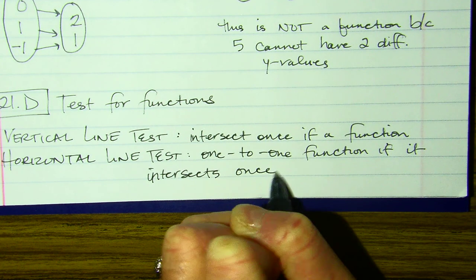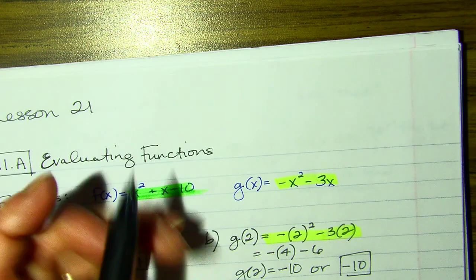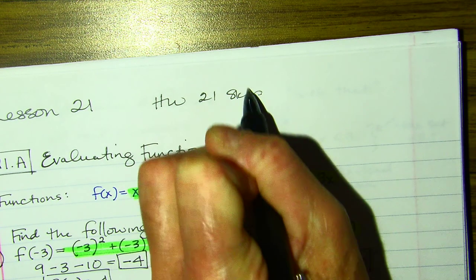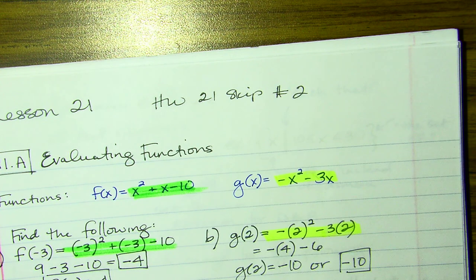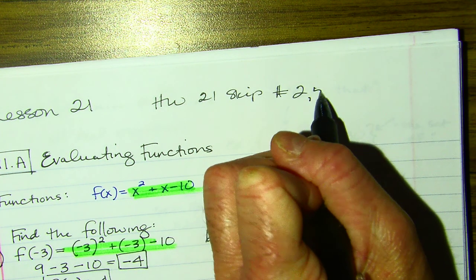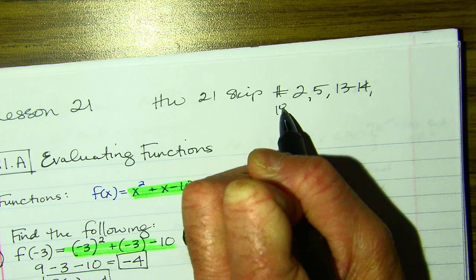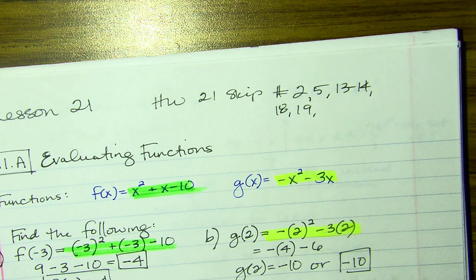All right, for homework, since I ran out of room, for homework, 21, you're going to skip the following: number 2, and I just want to make sure, number 5, 13 and 14, 18 and 19,